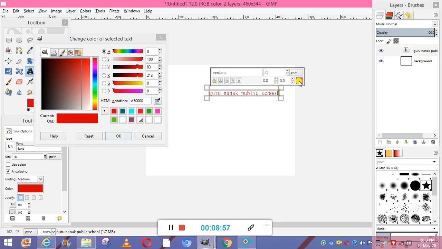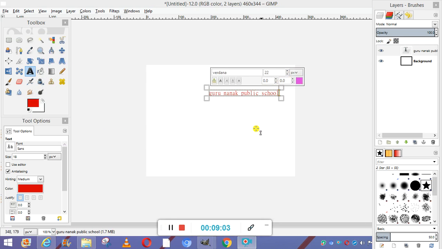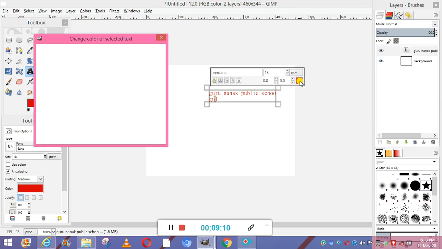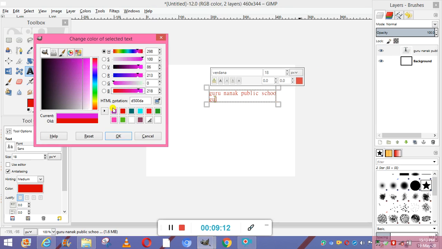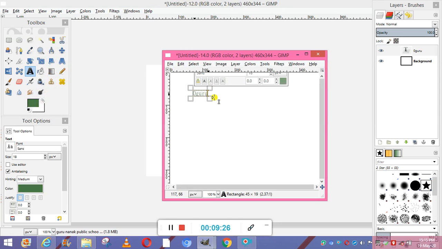We can even change the color of the text. And then if I'm going to write anything inside this, the color has not been changed. Now we have changed the size and the color of this. Okay, so you can write in this like this.